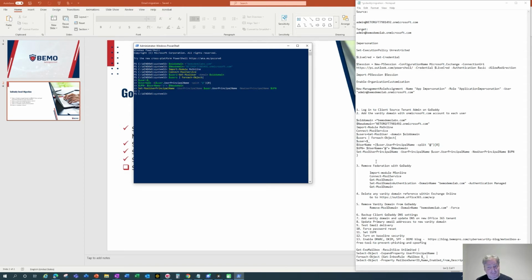Now I'm ready to disconnect from GoDaddy. Okay, I'm going to remove the federation. So first, make sure I have the latest module. Yes, I'm connected already. So here is what you will see. Show me the domain associated. So as you can see,